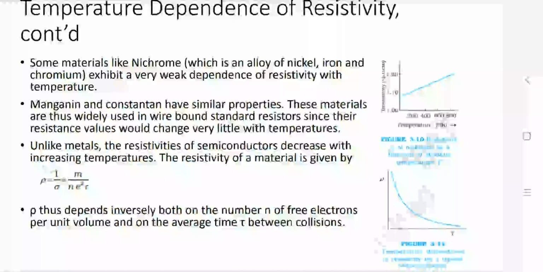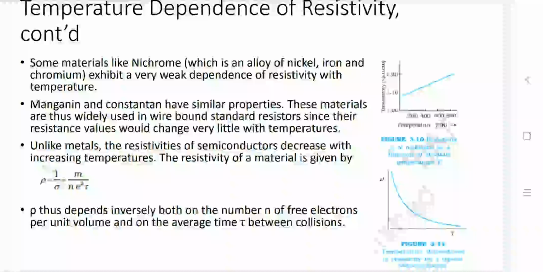That's why generally an alloy like nichrome, whose alloy material is nickel, iron or chromium, or other materials with similar properties such as manganese and tungsten, are used for wire-wound resistors, as we have studied earlier. Here we also observe that these alloy materials are less dependent on temperature variation, and that's why we use these materials to design a resistor, and with that we can design a wire-wound resistor.